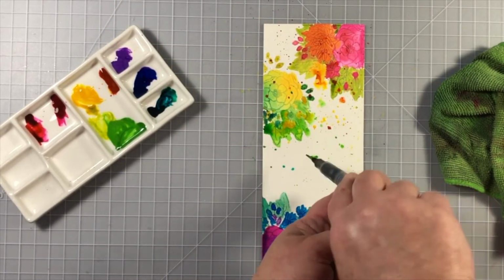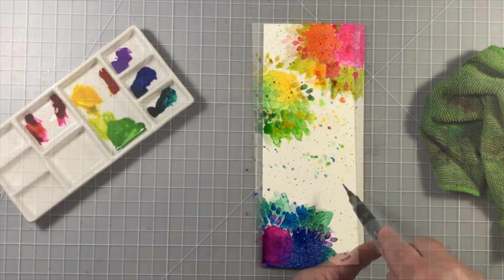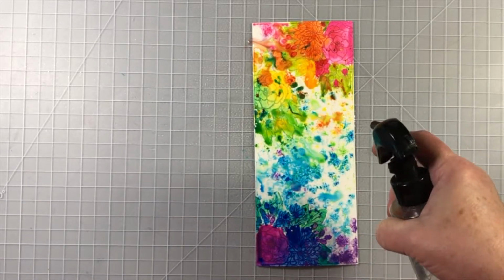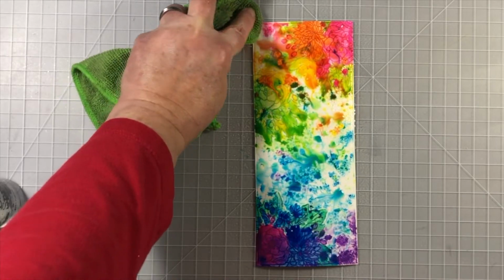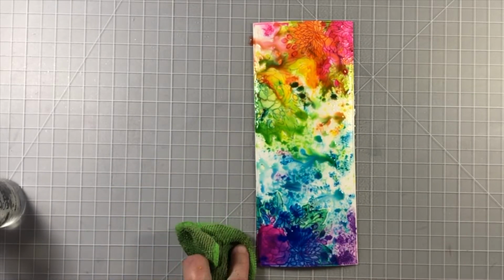And basically we're progressing with the rainbow and bringing those colors into the stamped and the unstamped areas. Now use your water bottle to spritz and watch the magic happen. The liquid watercolor is really concentrated ink, and it works beautifully. It's water reactive, and you can see how beautiful it all just